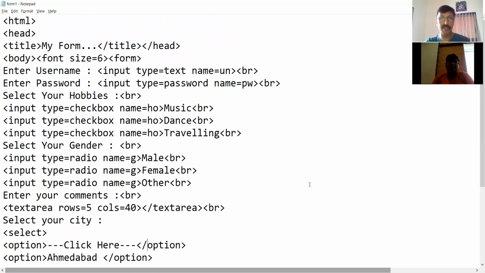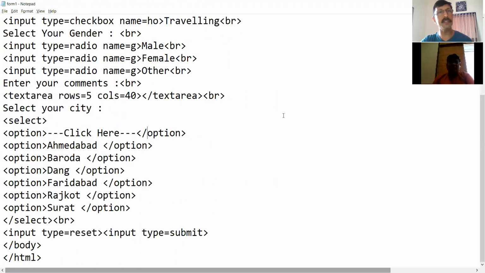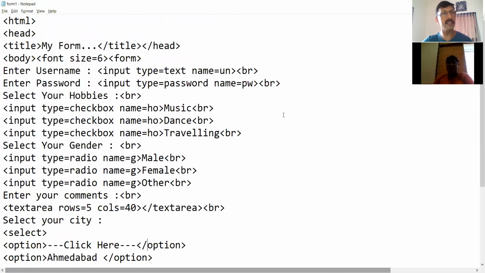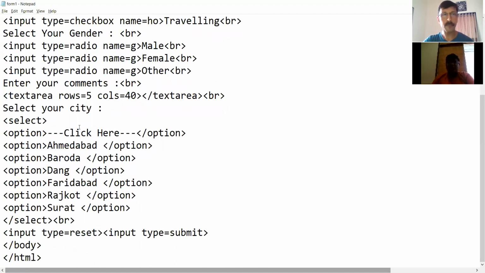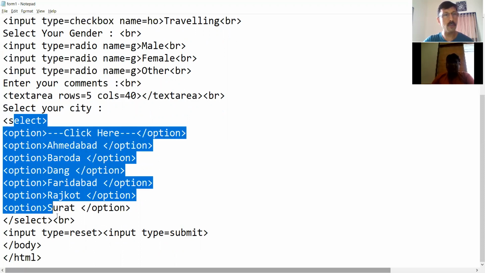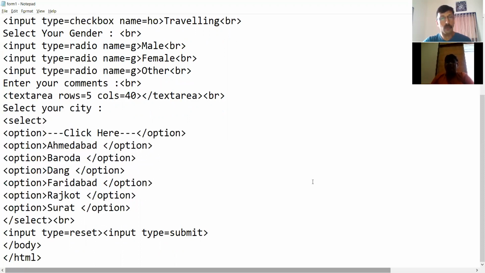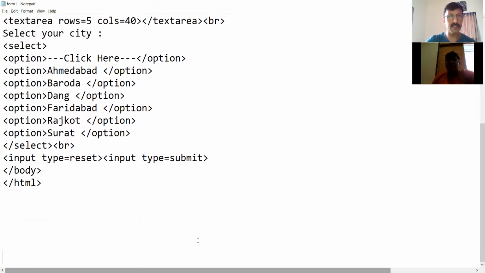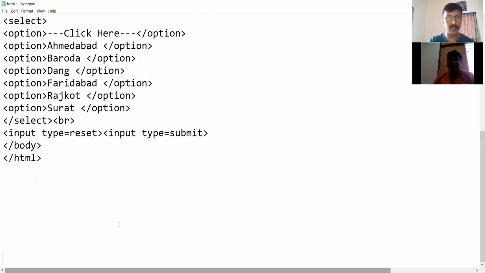So this is what the complete form is. Again, not as complete as you see on websites nowadays, but as per our syllabus, this is the complete form. We have 8 controls: username, password, checkbox, radio button, text area, and drop down menu. If you observed one thing, I'm just using this notepad here to point out a few things.